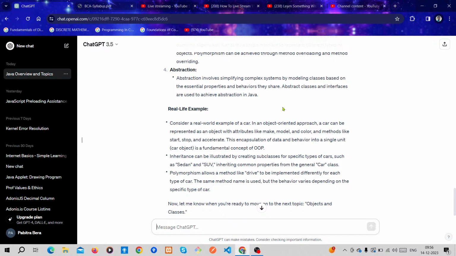Let's suppose in a car you just drive the car, but you don't know how the car works, how the engine works, which components work in the engine, where the oil or petrol goes, and how the petrol is used by the engine to create energy so the car runs. You don't need to know that, you just drive the car.